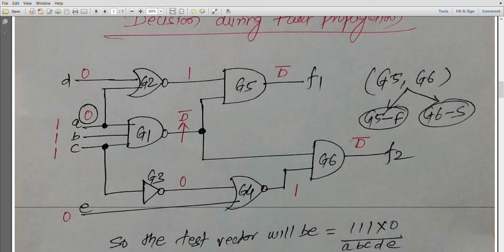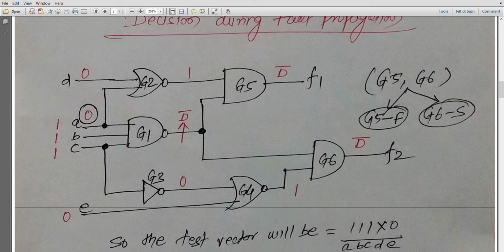Again, this is an AND gate, just like G5, G6 is also an AND gate. So in order to propagate D bar here, the other input has to be 1. And if this has to be 1, the input of this particular NOR gate has to be 0. So E has to be 0. And by making C 1, we are making the output of G3 as 0. Is there any problem here? No problem here. So by this logic, if I want to make the D bar propagate to F2, I can easily propagate it to F2 without changing any logic behind, and also there is no conflict at the input C.